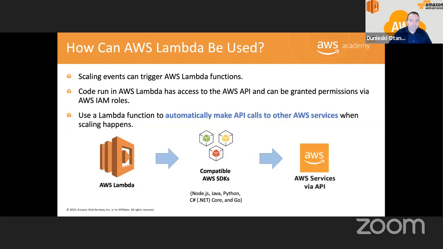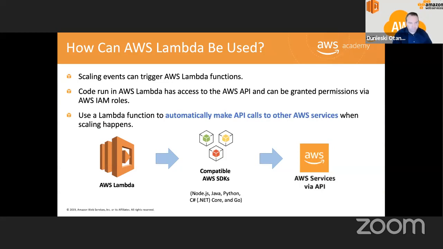How can AWS Lambda be used? Scaling events can trigger AWS Lambda functions, right? I can tell, for example, CloudWatch, when the CPU of an instance hits 20%, tell Lambda to stop the instance, okay? And Lambda will go ahead and stop the instance. You have to write that code. For Lambda, you have to have knowledge of coding, because Lambda is a function, and a function has to be written